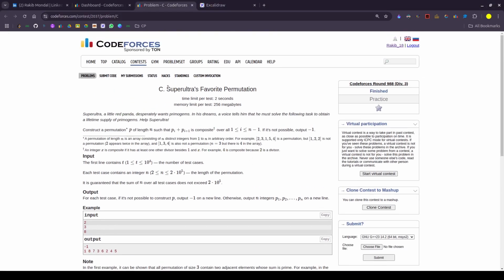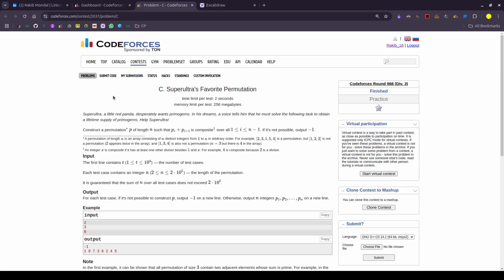Now let's solve problem C. So the problem is given in the problem statement. It says that super ultra little red panda desperately wants Primo gems in his dreams. A voice tells him that he must solve the following task to obtain a lifetime supply of Primo gems. Super ultra. Okay, construct a permutation p of length n such that p of I plus 1,